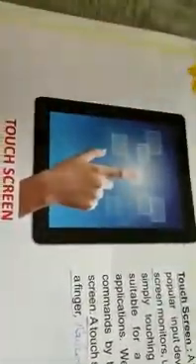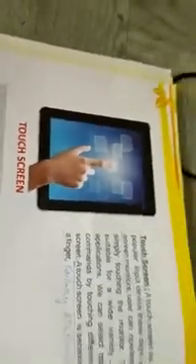You have another input device which is called the touch screen. I think you all have been to the railway station. The railway station has many small computers where you can just touch the screen and you can see, suppose you're traveling from Hyderabad to Bombay, all the trains that are going from Bombay to Hyderabad, and you can check the timings and other things. The pointer device is only used by touching the screen because the screen is very sensitive. When you touch the screen with the finger, you can open the options.